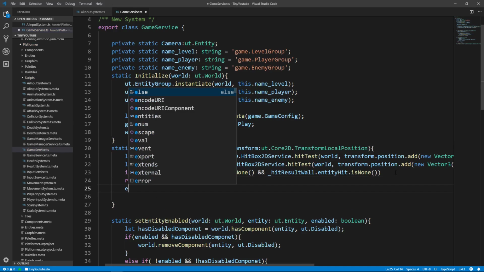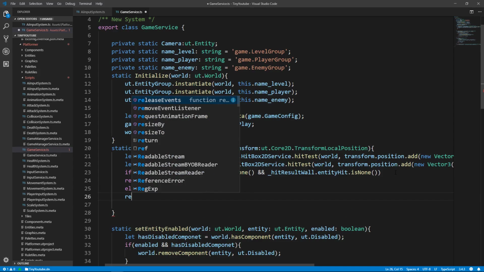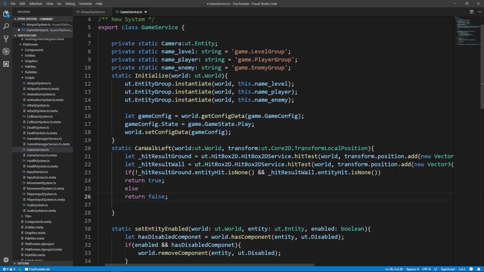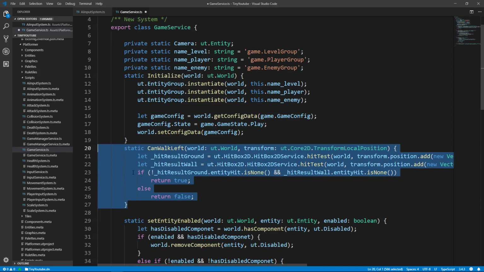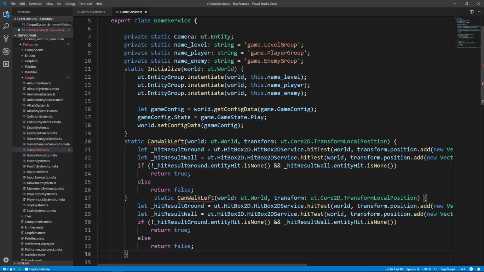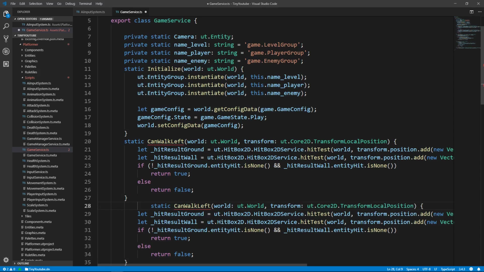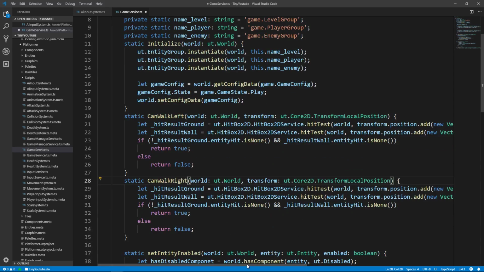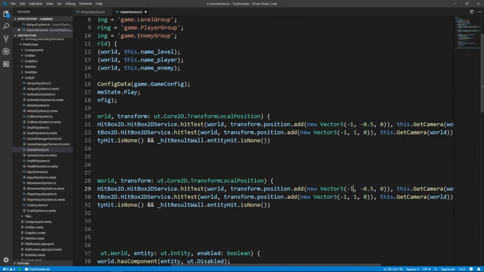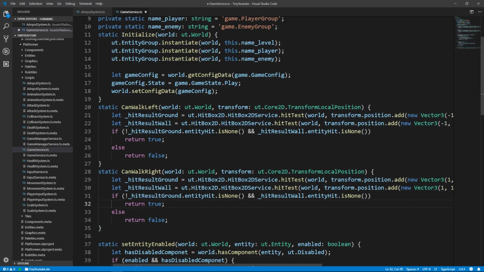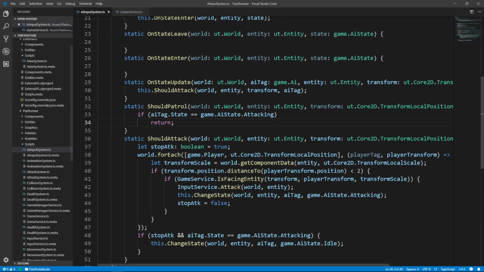And if we're not able to, we'll return false. Now we can copy and paste this, call it canWalkRight, and the only thing we'll want to change is from a -1 to a +1 on the x-axis on the Vector3 that we are adding. Now that we have both of these functions set up, we can save our GameService file,